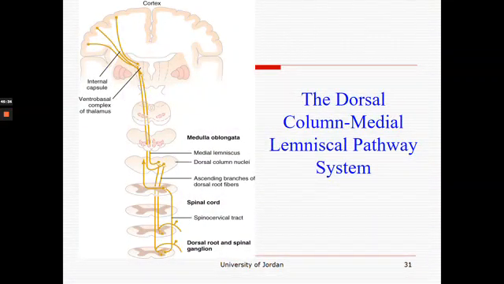This is the pathway of this tract from the receptors. The afferent neuron enters. Its cell bodies are found in the dorsal root ganglia. Then it enters the posterior horn, which is usually the sensory horn. And then they ascend until they go to their respective nuclei. This tract consists of two parts. One is called fasciculus gracilis,